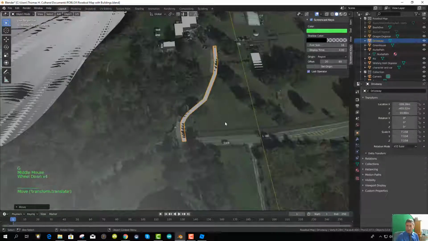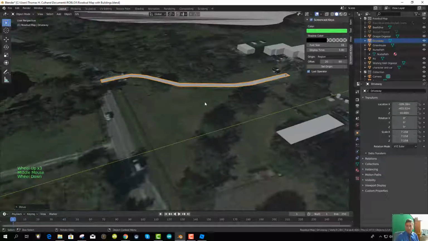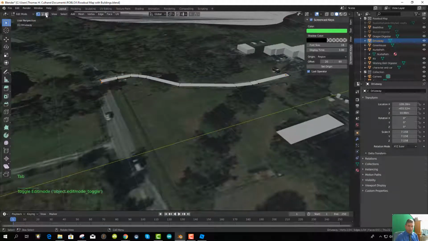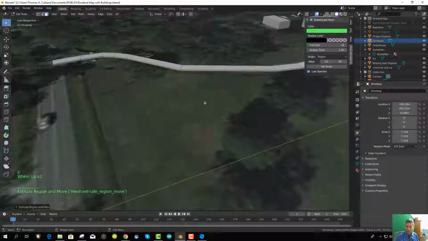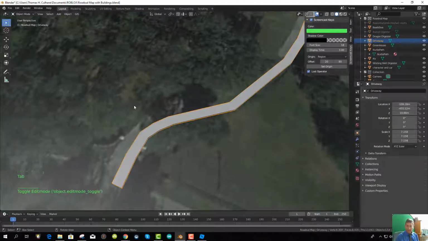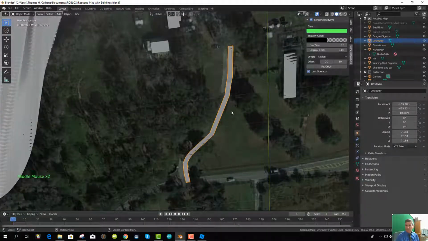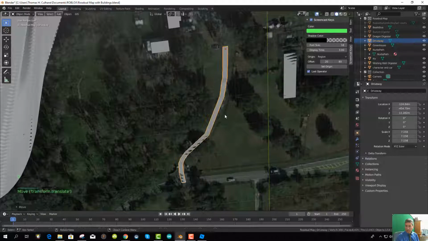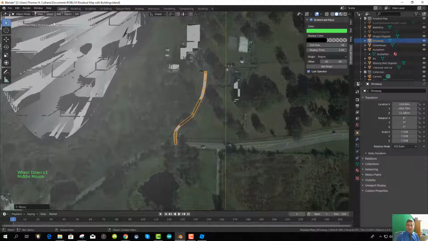So we have our driveway, and we have to give it some dimension just as we had done before. So go back into edit, do the faces, select all, and extrude in Z, and give it just a little bit of dimension like that. So now we have an object that can be, let me match it up a little bit better. That object can now be exported from this landscape